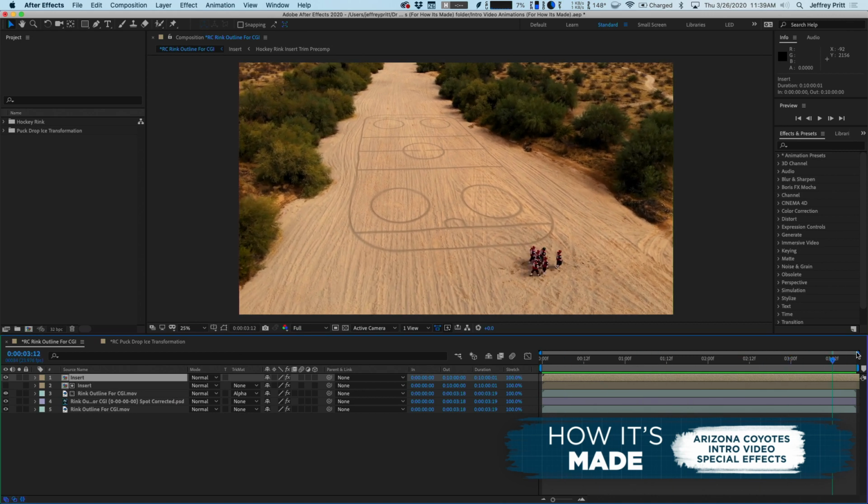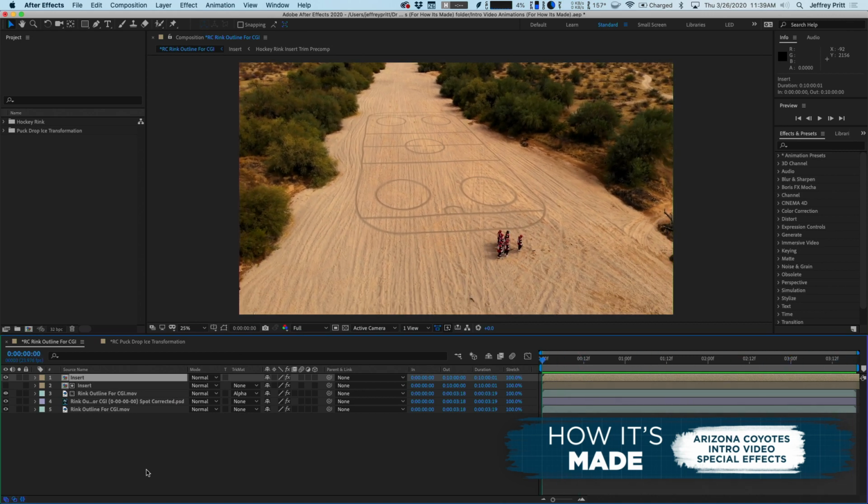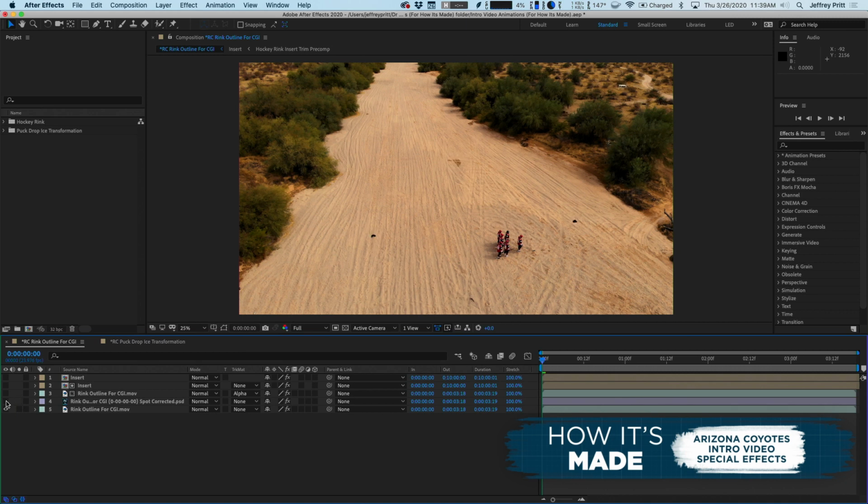This is actually a drone advance clip right here. A couple other things of note: this is, of course, the actual scene as shot, and you'll notice that it's quite a bit dirtier and grungier than what you see in the final product. So let us show you how we fix that. Let's turn off our hockey rink over top. Now we can see that we have a spot corrected layer here. If we look between 1, being uncorrected, and 2, the corrected,